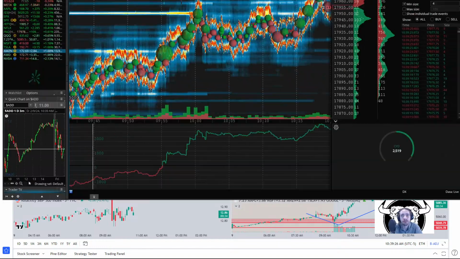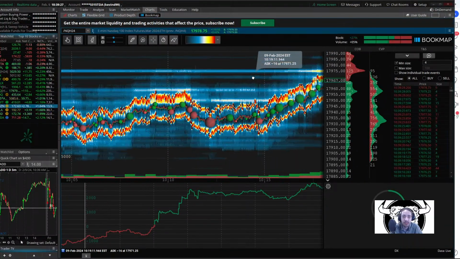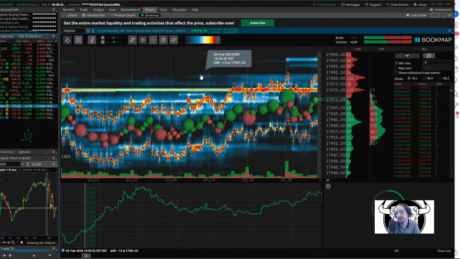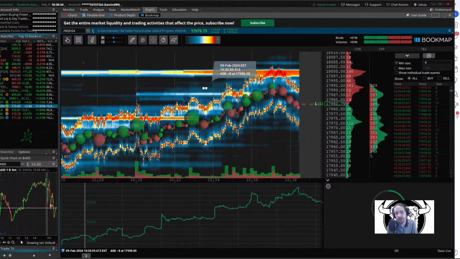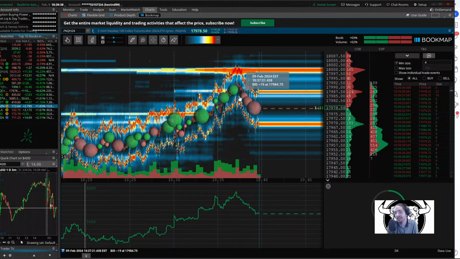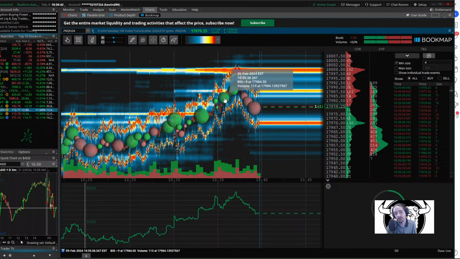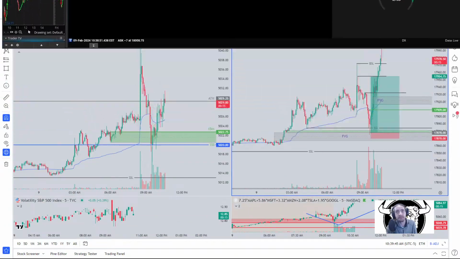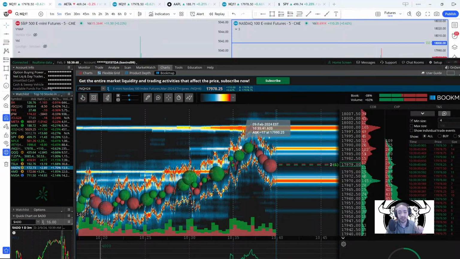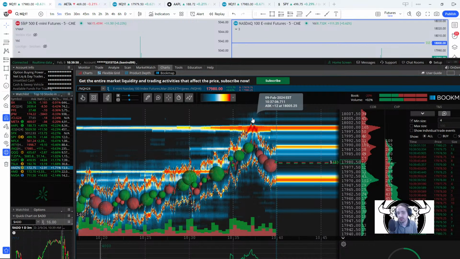Let's check out that Bookmap, right? Bookmap has been a big help. So Bookmap was another confirmation. Order flow is one of the best forms of confirmation because the market can't hide order flow, especially with Bookmap, it makes it easier on the eyes. It just shows the big buy bubbles, the big sell bubbles. So it's not as simple as, oh, there's a big red one, let me hit sell, or oh, there's a big green one, let me hit buy. No, use those along with your confirmations.